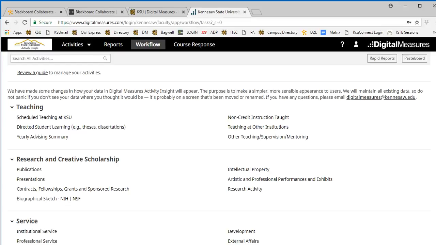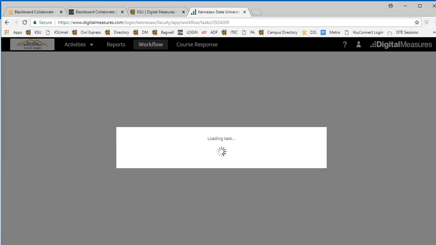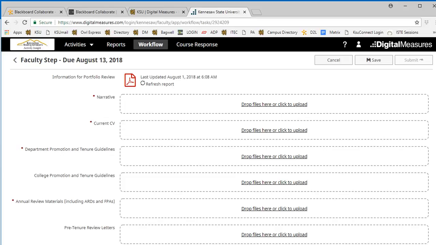So click on Workflow. And you will notice for mine it says Sample Promotion Template for Training Department Chair Flow. So mine may be worded a little differently because I'm just in here for training purposes. But you will have something in your inbox related to your particular review that you're going through. And this is a very simple process. All you need to do is click on that, and it brings you to a screen that shows you the